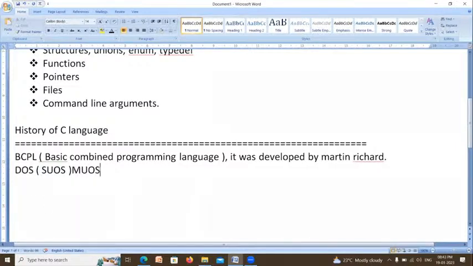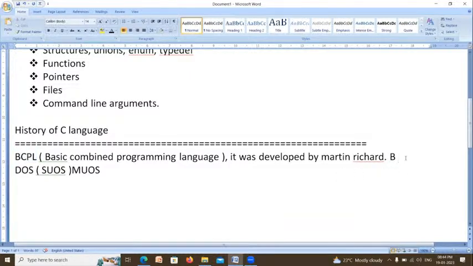To develop this multi-user operating system, they wrote code using BCPL. After some time, they came to know this language is not enough to build a multi-user operating system. Then they wanted to develop a new programming language, and successfully they developed it and named it B. So from BCPL, they developed the B language.